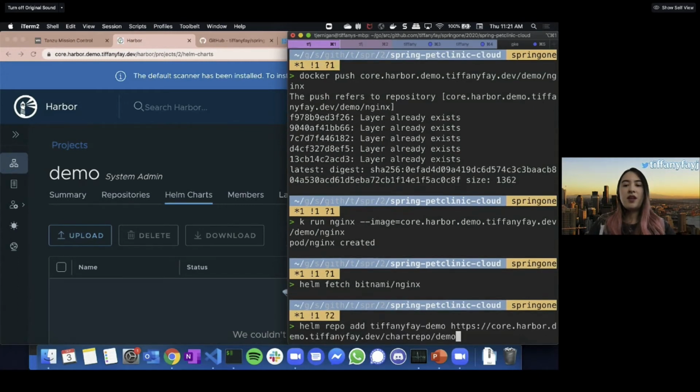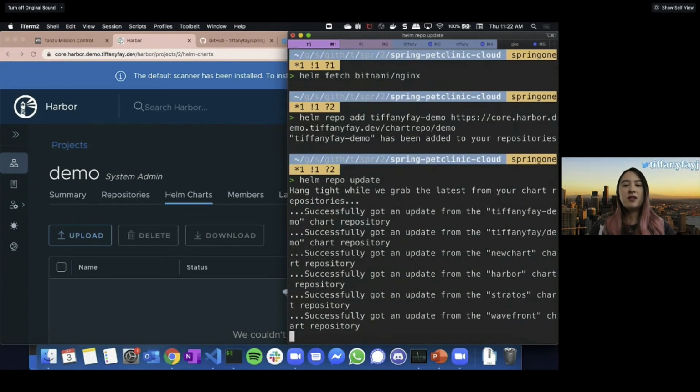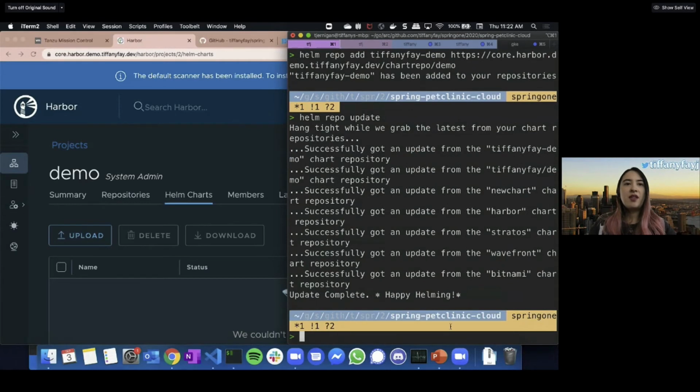Okay, so you give it a name. The way that Harbor does it is it's a similar path as here, but you have chart repo as well. So I add that and then do Helm repo update, and it pulls everything from there. And then